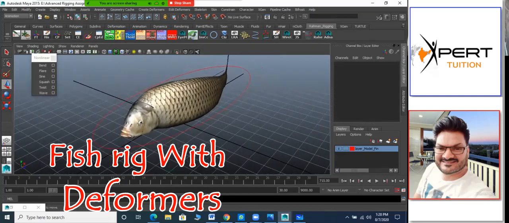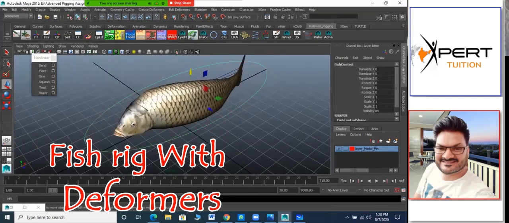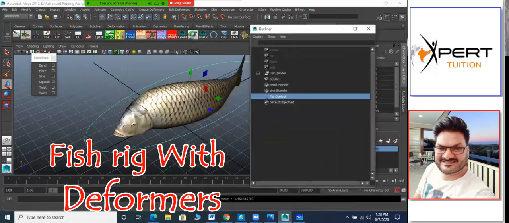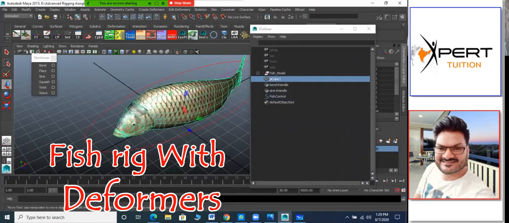So first thing first, I want that when I move that, everything will go with this. Okay, except the eye part. Eye part we have to learn how to fix it. But other part, the body mesh part and those deformers should go. So we can go in the outliner, select everything except this control, without eyeball. So select this mesh, select that. Eyeball you cannot parent to this because the eye is going to move. So we need to do separate setup for that.